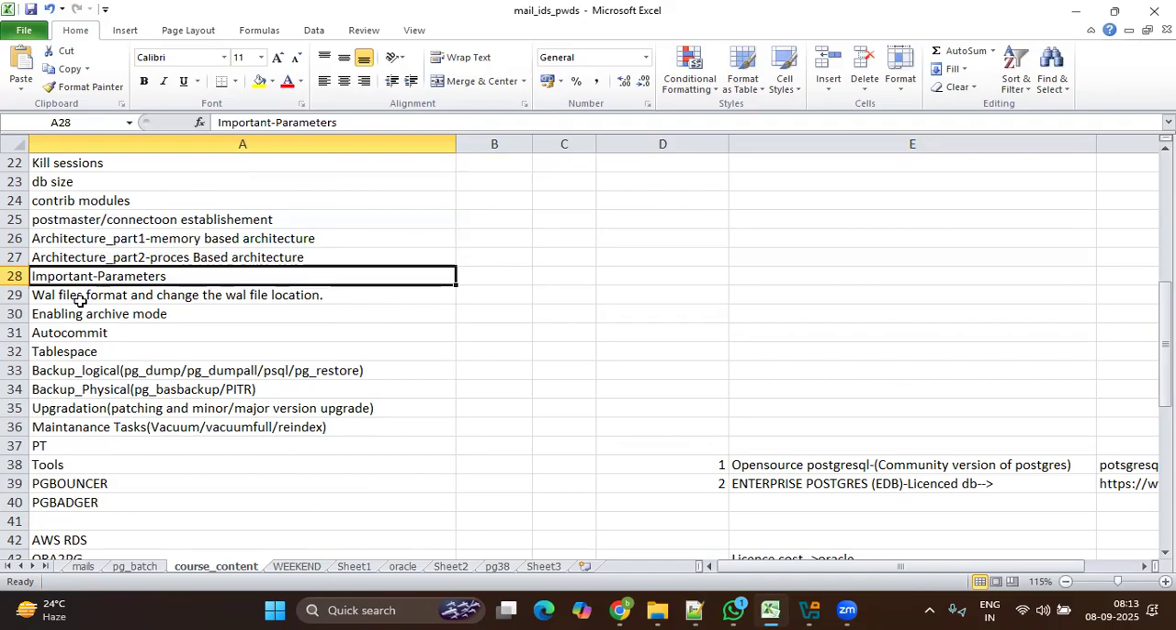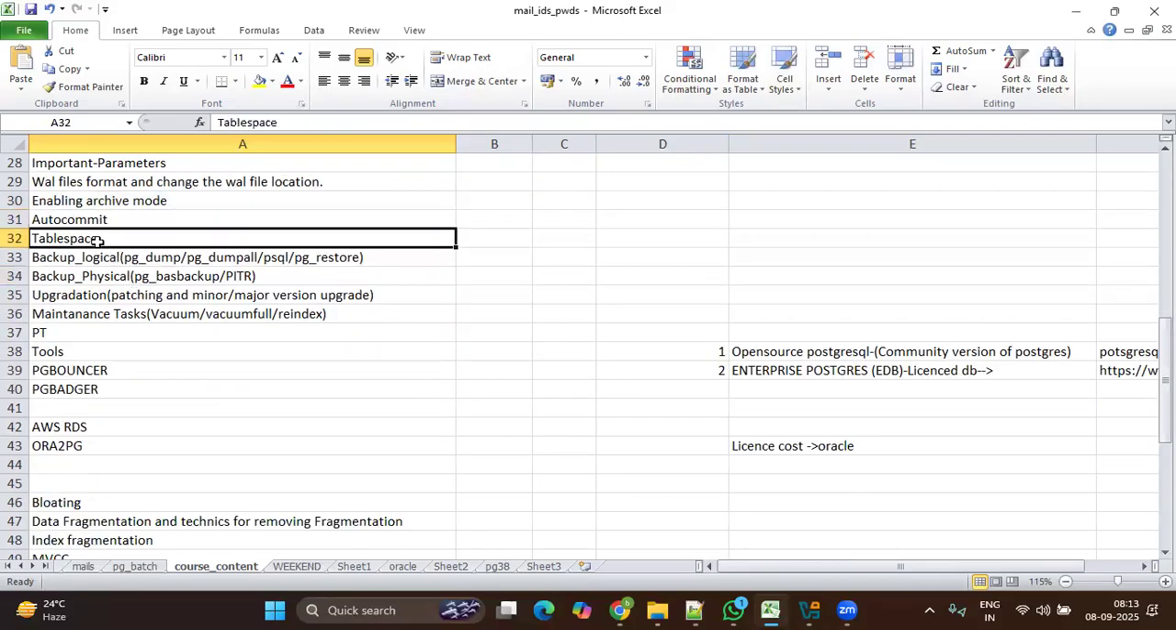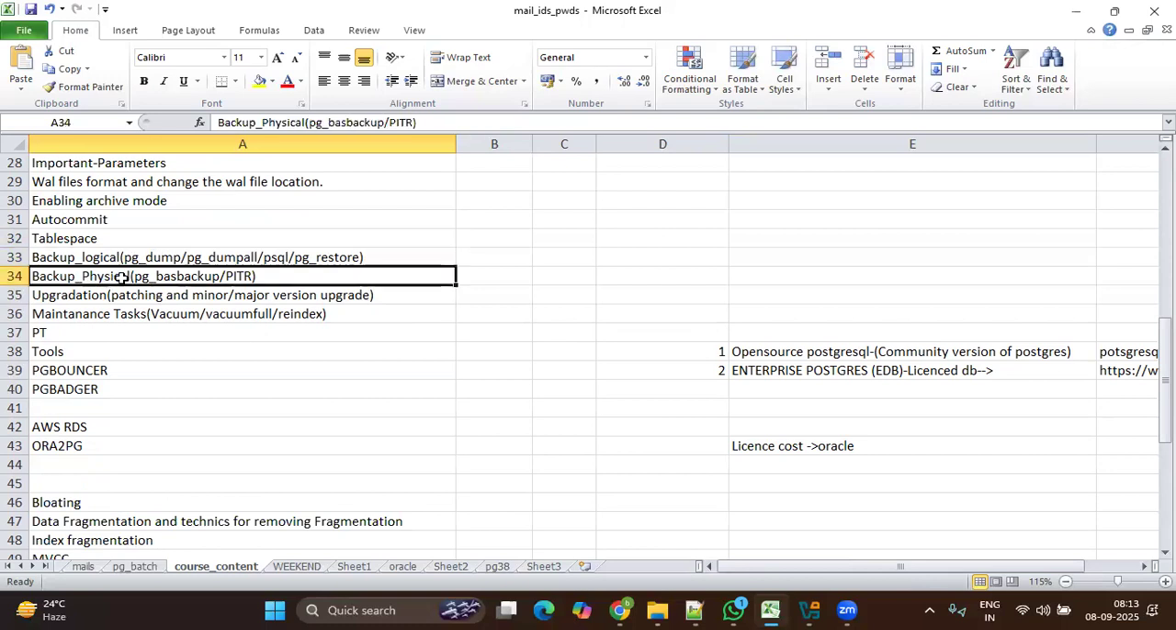So important parameters, then WAL files, change the WAL file location, enable archive mechanism, autocommit, tablespace, how to create your own tablespace, what are the default tablespaces, how to move the objects from one tablespace to another tablespace, backup, logical backup and physical backup, what are the utilities we are using to take the backup and restore, how to take the physical backup, how to perform point-in-time recovery, upgrade, patching, what is